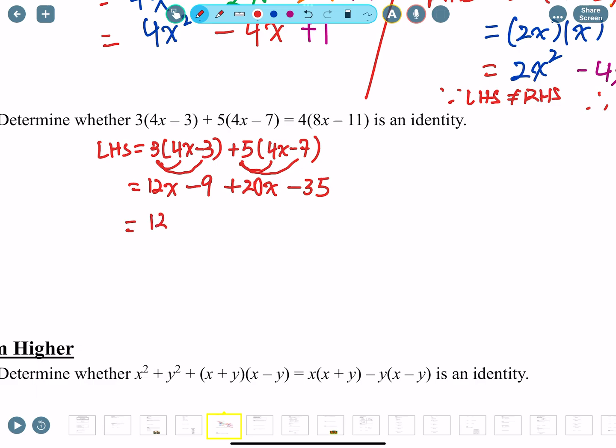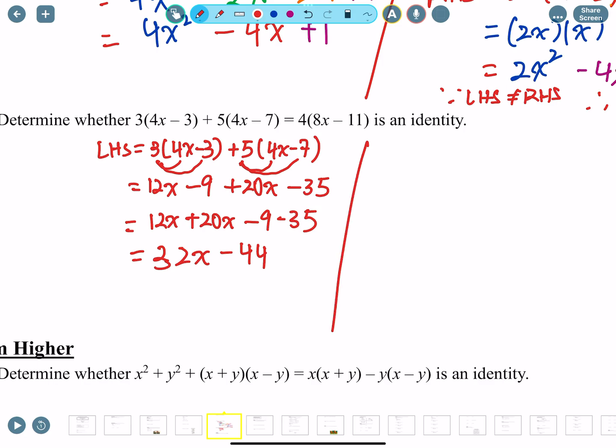Now we're going to put the like terms next to each other so it's easier to see. Make sure that the sign follows the number. So the sign of the number is always in front of it. So you can see when I move 9, I move negative with it. 12 plus 20 is 32, so we have 32x. Negative 9 minus 35 should be negative 44, right? Now for the right hand side,